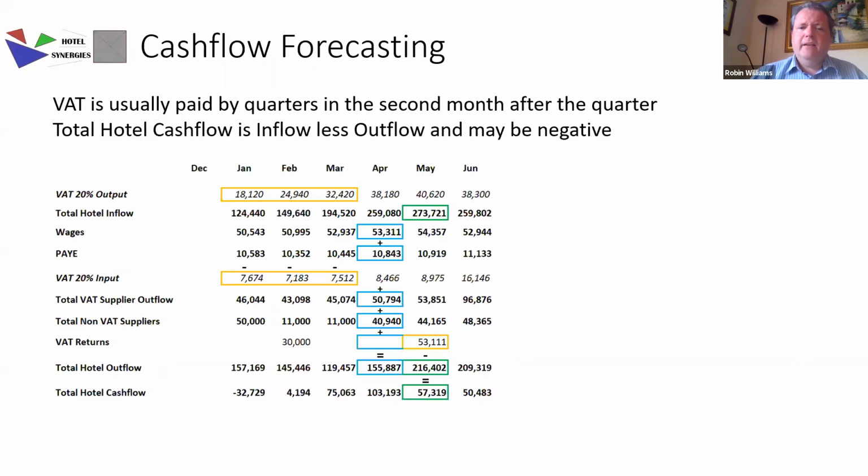Finally, obviously, as I said, the VAT, you have to pay your dues to the government. And those VAT calculations are based on 3 months and paid 2 months later. So you may well be paying out VAT in the autumn months where you haven't got as much revenue. That's from the summer months where you were taking a lot of revenue and taking a lot of VAT money. So this is why having a good cash flow forecast is so important, because it'll help you to look ahead to those times and just to make sure that you don't put your business in difficulty when it's not necessary.